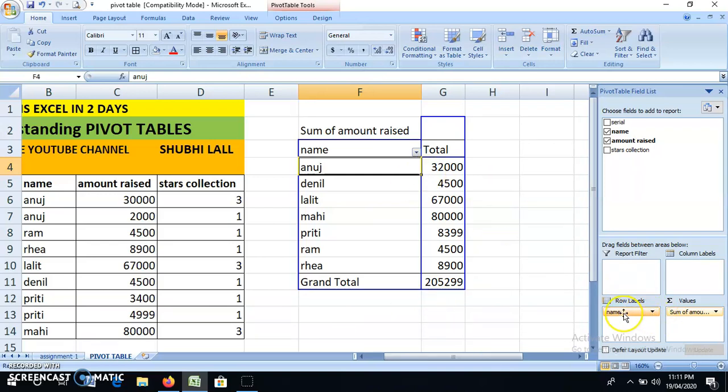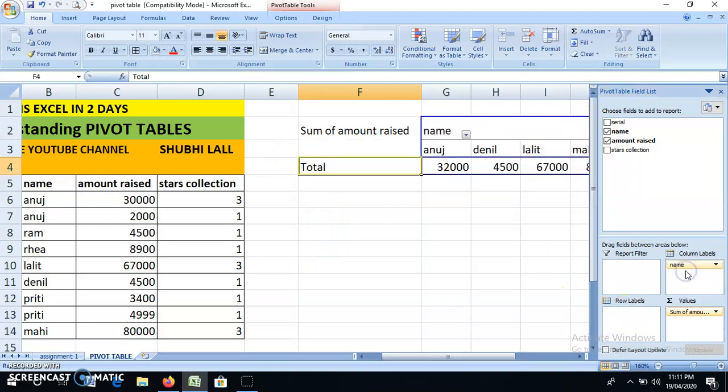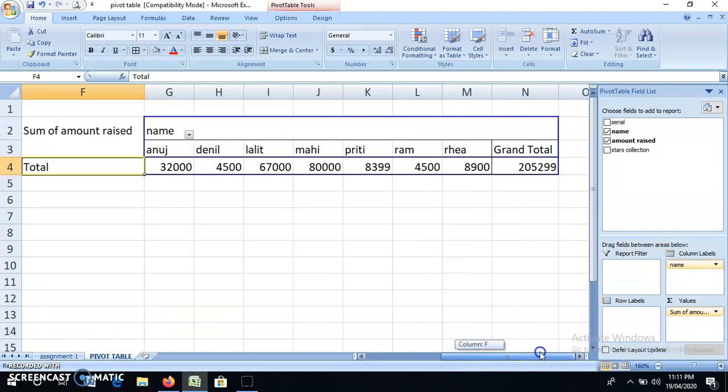Now I'm quickly making a change in the format of the table. Supposing I want all these names in the column. So I'm dragging this name and taking this to column. And you can see the table has changed. The data is the same, but it is transposed now. You can see rows into columns and columns